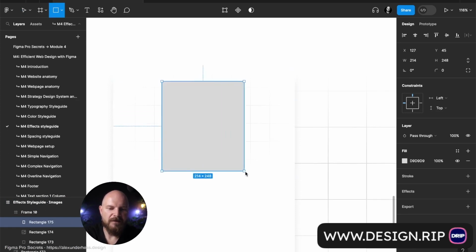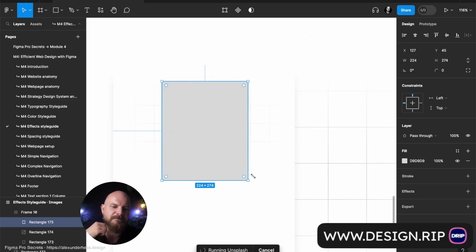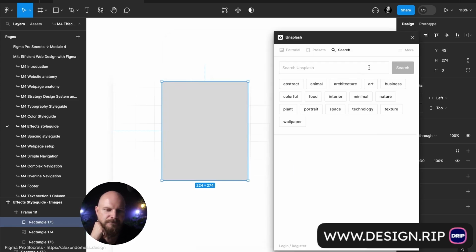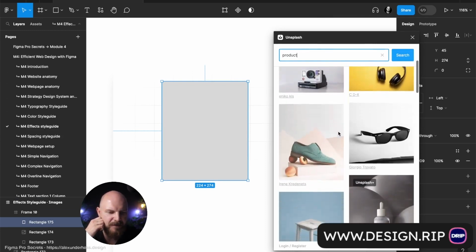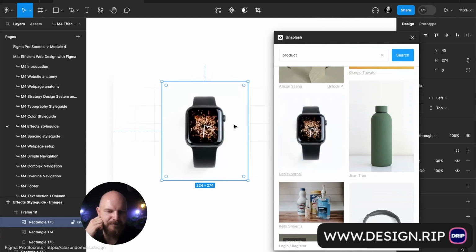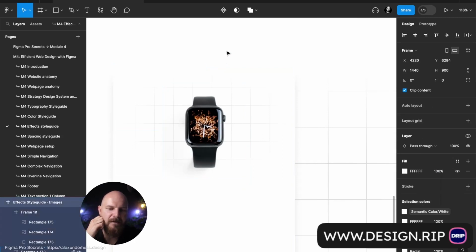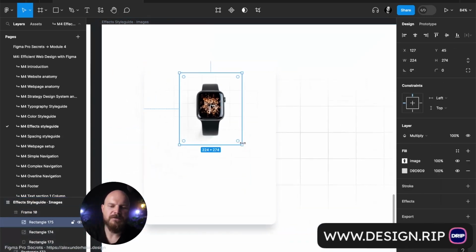And even if I create here an additional image, let's go to Unsplash. In the search, let's type product and find something that can be easily applied. Yeah, like this. Watches, change the layer to multiply, and now I have an image of the watches